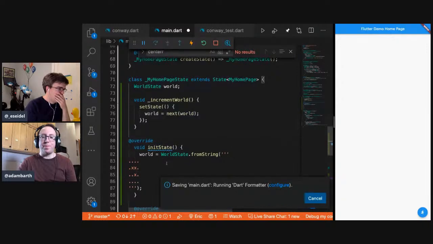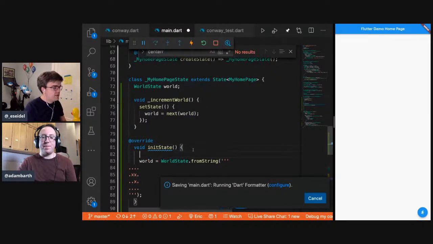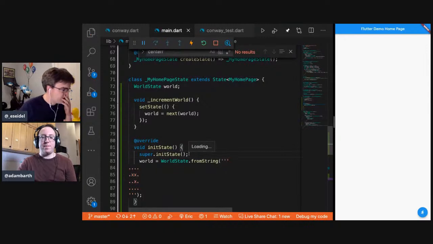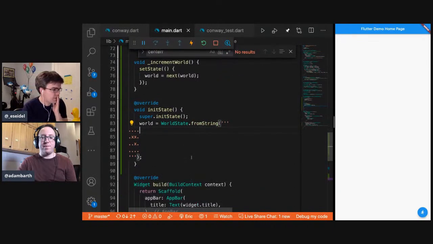Let's call super. Oh yeah, that makes sense. We had a discussion last time about whether you call super first or last. Generally, you want to initialize your superclass. At least in C++, you want to initialize your superclass before you initialize yourself. Okay. That's great. Go ahead. This is gonna work.